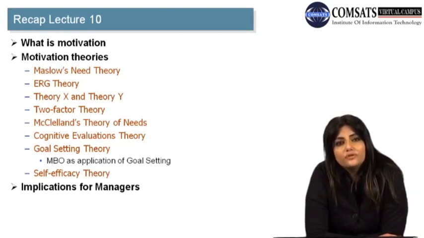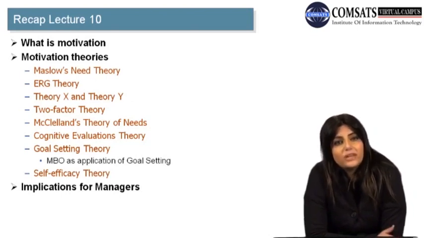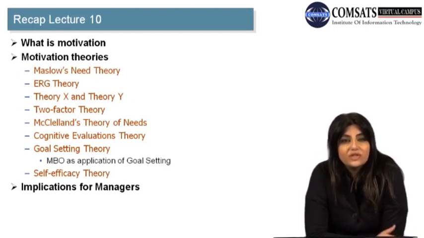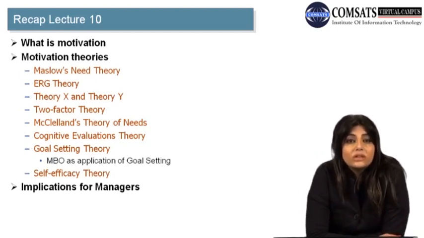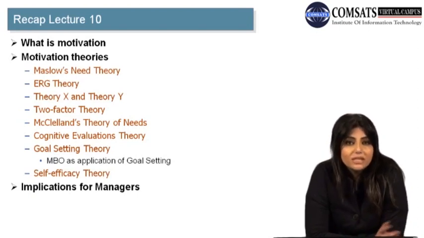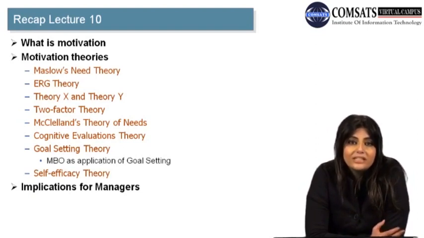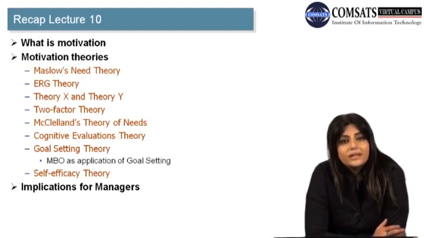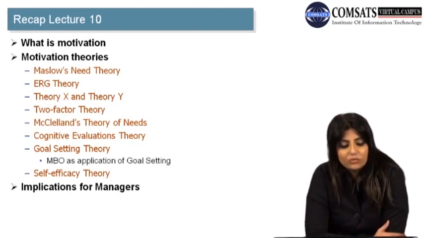So if they have need for achievement, it is not possibly related to effective management or effective managers. Effective managers might be more positively correlated with the need for power. So we had a long discussion on how these three different needs lead to varied outcomes, and how their validity is challenged on certain grounds and established on certain other grounds, right?